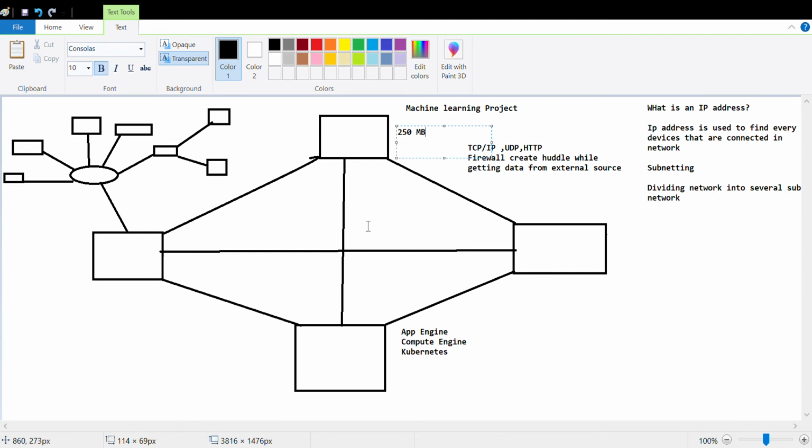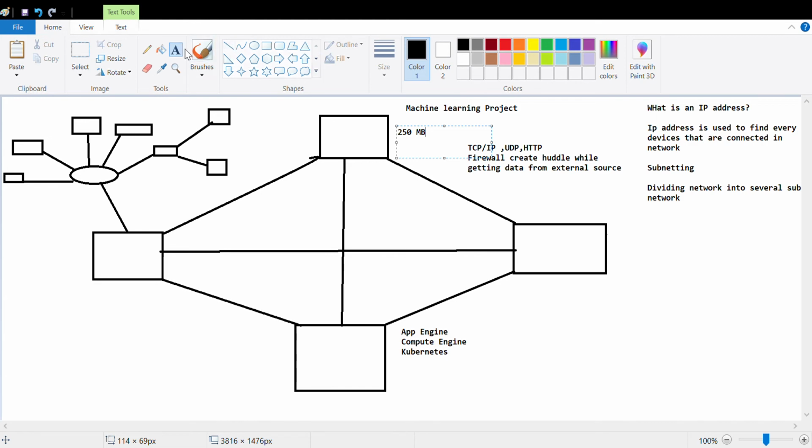For example, you are sending a signal from A to B. Let's take an example: suppose this is a node A, this is B, this is C, and this is D.